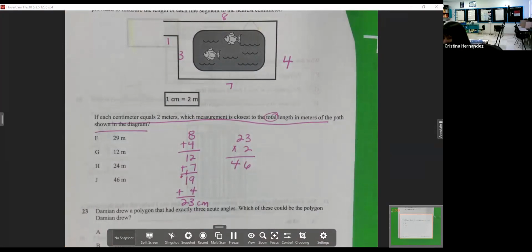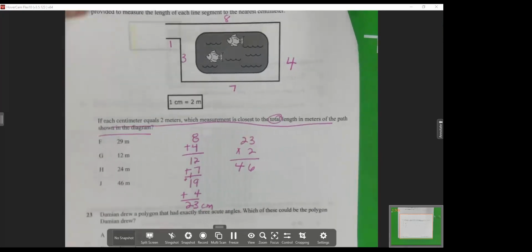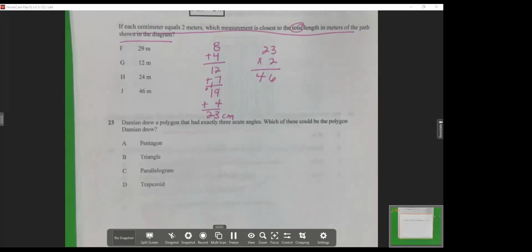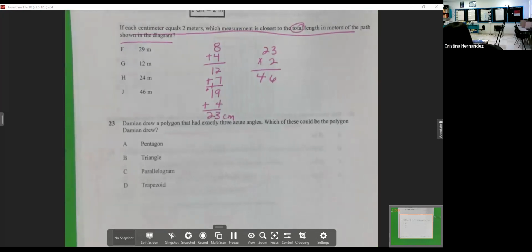The next one should be easy, but I don't think it's as easy as it seems. Some of y'all may ask why. Let's think. Let's turn our brain on for the end of the day and let's think about this problem. Are we ready? Pay attention to the key words in here. This would be almost common sense.